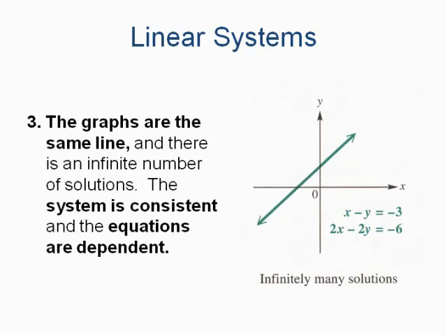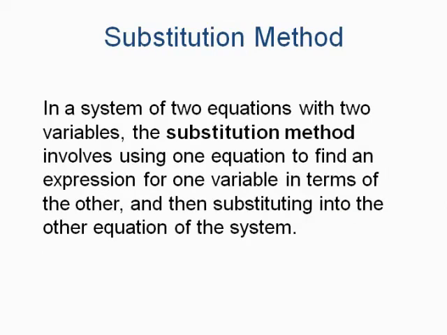The third possibility is you can graph two lines and really end up with the same line. In this case, there's an infinite number of solutions. All the points on that line will satisfy both equations. And this system is called a dependent system, as you'll notice below. And notice these two equations are really the same thing, as we will see shortly. Now, there are a couple of different methods besides just graphing, which is not really the best method for